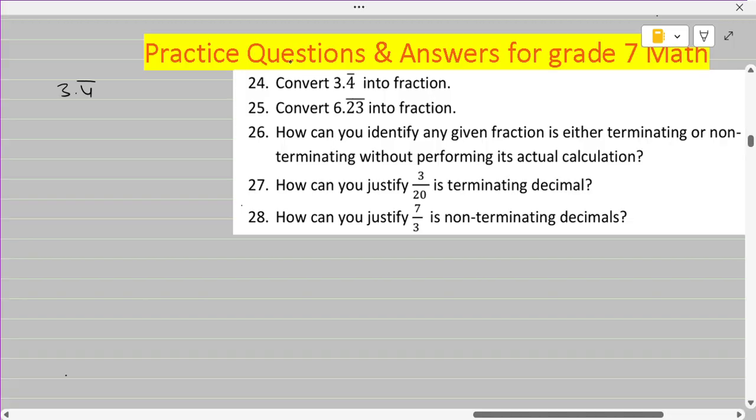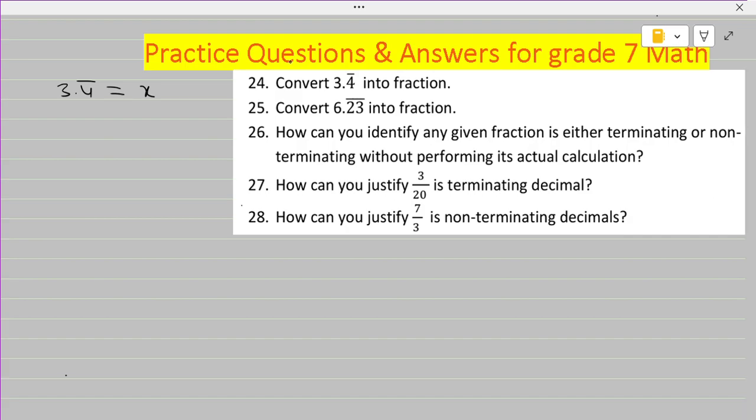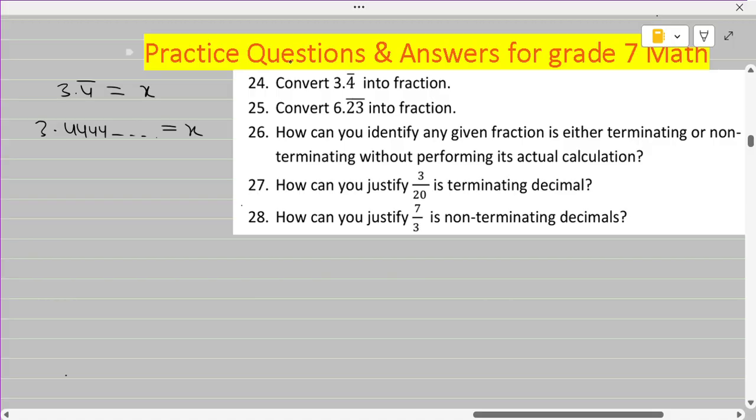This 3.4 bar which we are given, we suppose it is first x. And here 4 bar is what? It's 4 repeated. So it's 3.44 continually it goes. And that we suppose here x, right? And after supposing this is x,